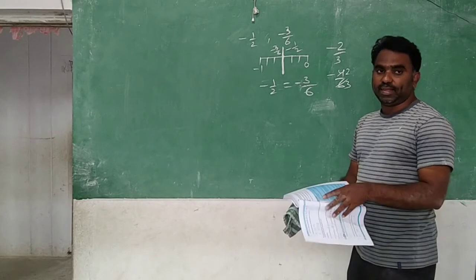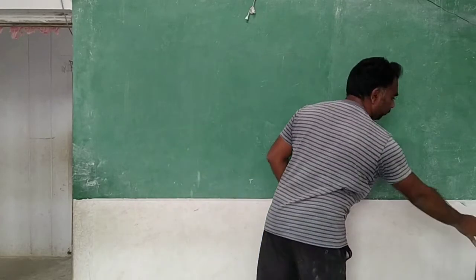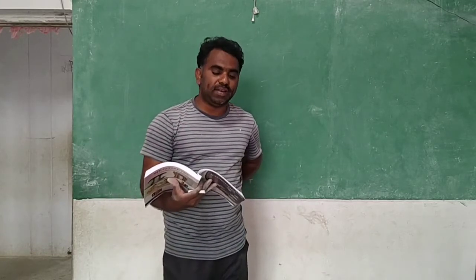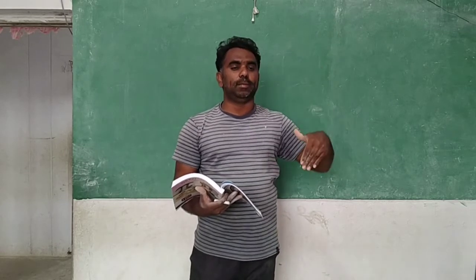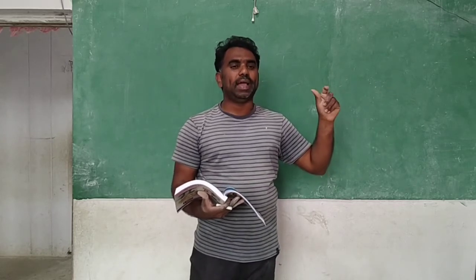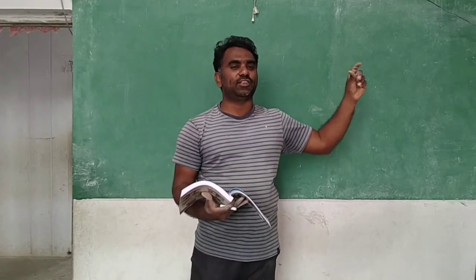Go to page number 56. Same like these questions only are there here. First of all, write 5 equivalent fractions for 5 by 2, simply by multiplying the numerator and denominator by the same number. And for minus 7 by 9, 5 equivalent fractions. For minus 3 by 7, you need to write 5 equivalent fractions like that. Next, number 2: identify the equivalent rational numbers in each question.